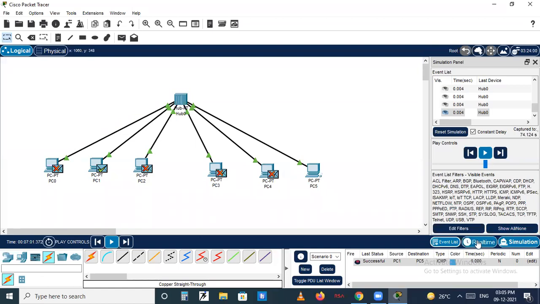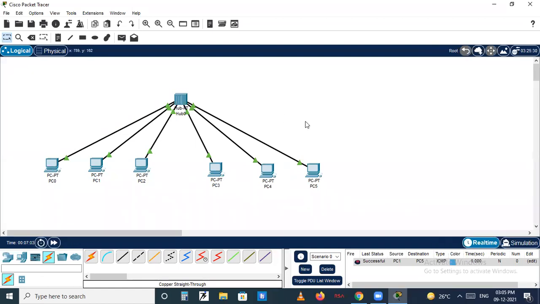Yes, sir. So this is the working. Next, we will go to the next practical. Is it okay? No problem up to here? No, sir. No problem. Now, sir, what we have seen is we were sending data from PC1 to PC5. So if some information is related to PC5 and PC1, there must be communication between PC1 and PC5 only. Why are we sending data to PC2, PC0, PC3 and PC4? It is unnecessary flooding. Is it right?